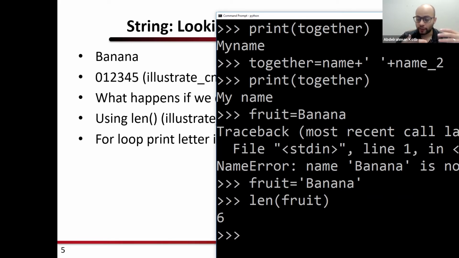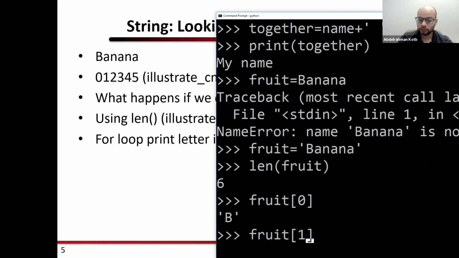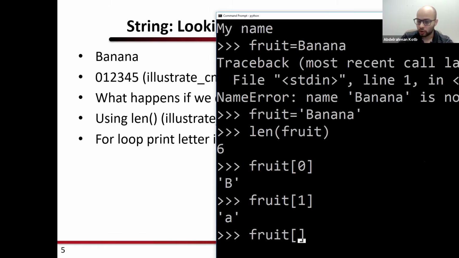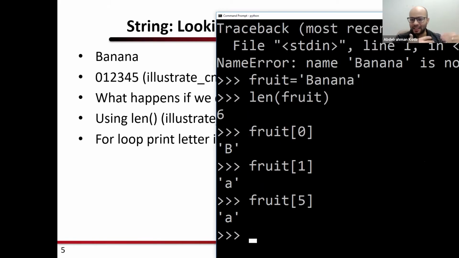If I want to get a specific letter of banana, I can say fruit 0. That will be B. Fruit 1 will be A, and so on. So if I go to 5, it will give me the last letter, which is the A.